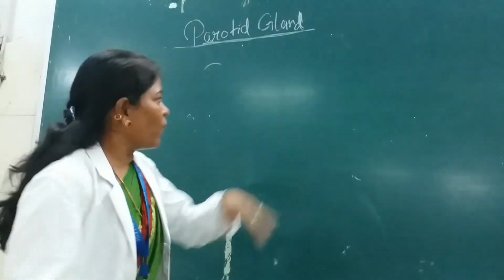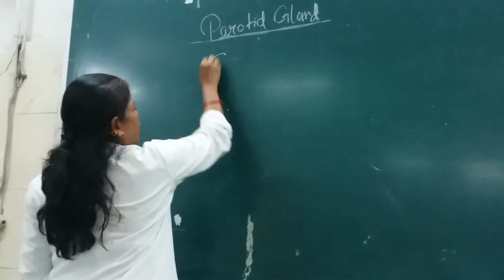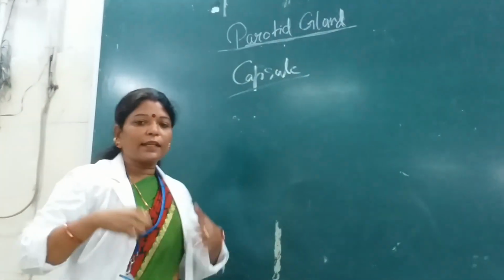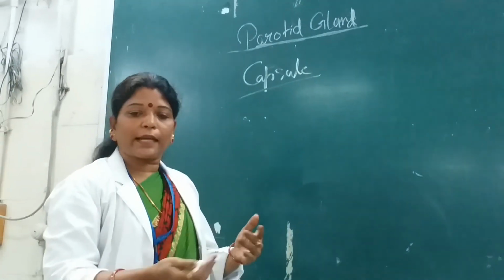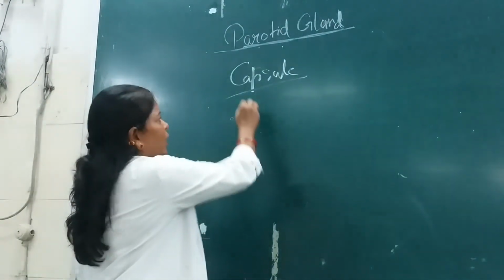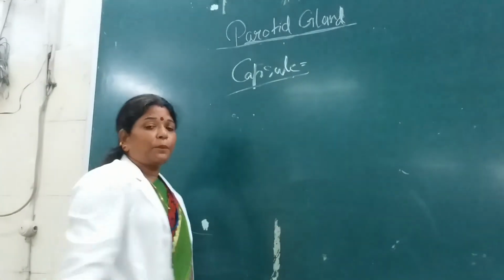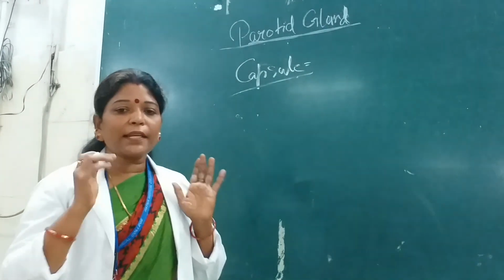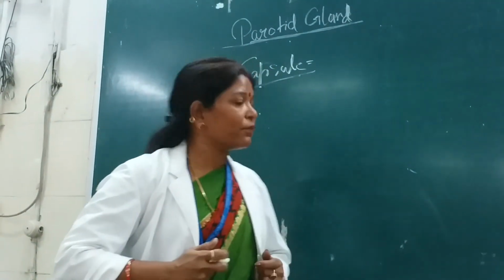Now, what is the capsule of the parotid gland, and then we will discuss the relations of the different surfaces and the borders of the parotid gland. The capsule of the parotid gland is very important because a very important characteristic feature of the capsule is